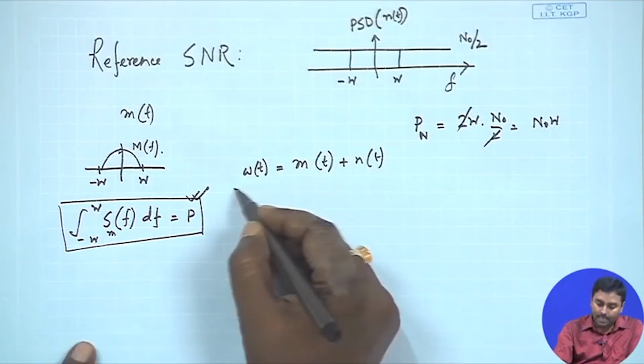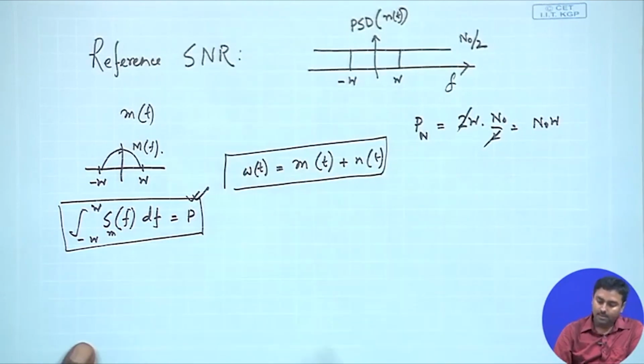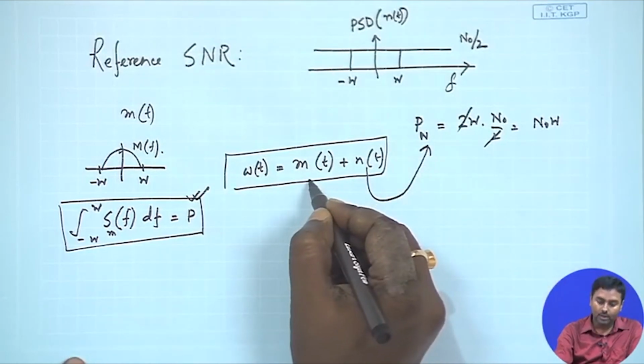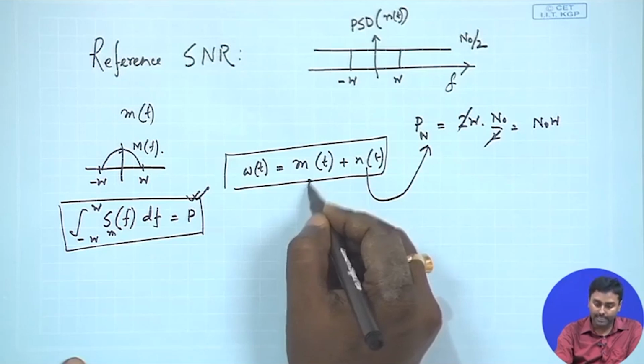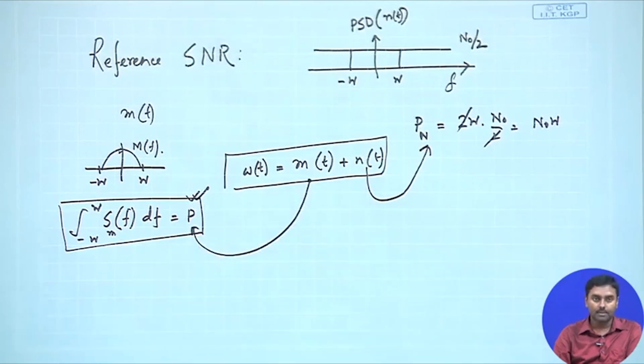So, this is what I will be receiving, out of which the noise power is this. The signal power I already know, because we have said it is not getting attenuated. So, that should be the signal power. Overall we can say the signal to noise ratio should be the corresponding signal power divided by the corresponding noise power. So, this is how we will be characterizing the system.